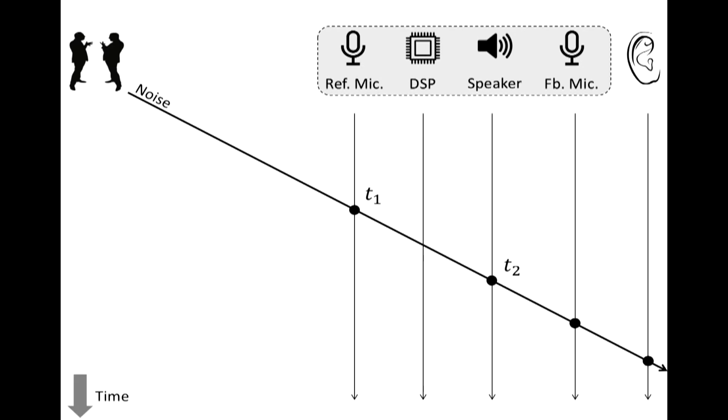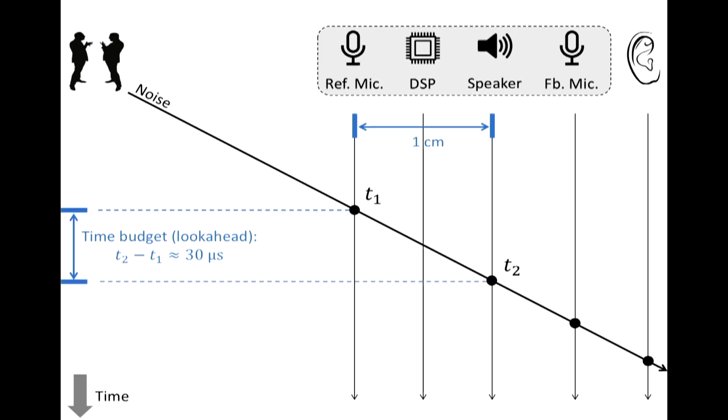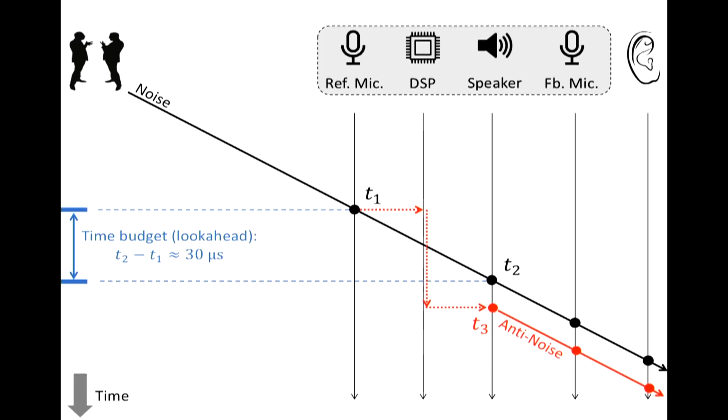So how long is this time gap? Well, it is only 30 microseconds because the separation between the reference microphone and the speaker is only 1 centimeter, okay? Divided by the speed of sound, that gives 30 microseconds. But within this time budget, the headphone has to sample the sound, run signal processing, and compute the anti-noise sound. So all these delays adding up together means the headphone can only produce the anti-noise sound at time t3, which is a little later than time t2. We talk about many of these details in the paper, but the key message is that now the headphone is running late. It has a time lag, which is t3 minus t2.